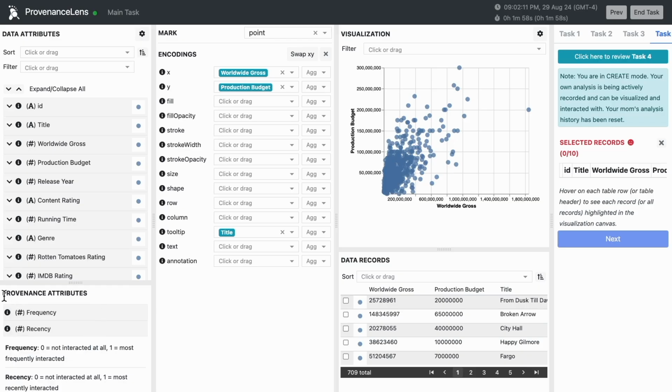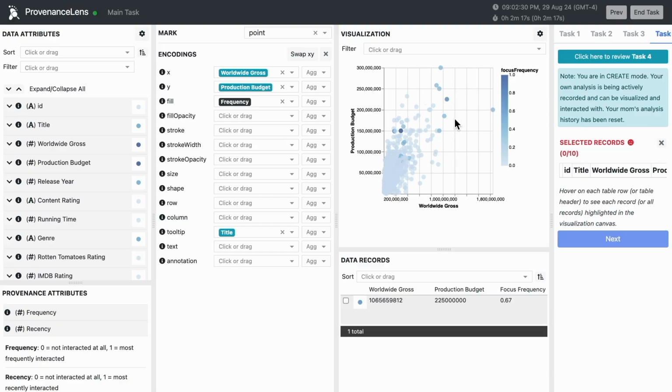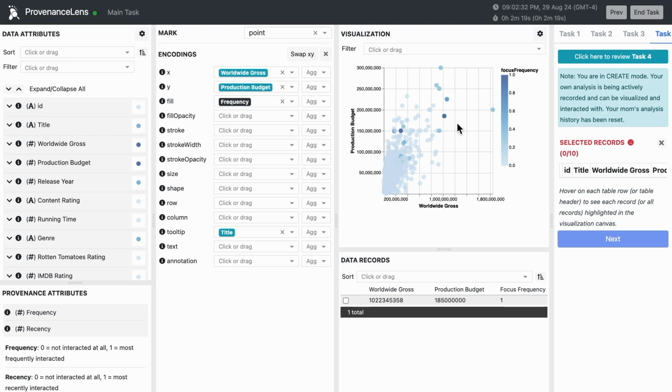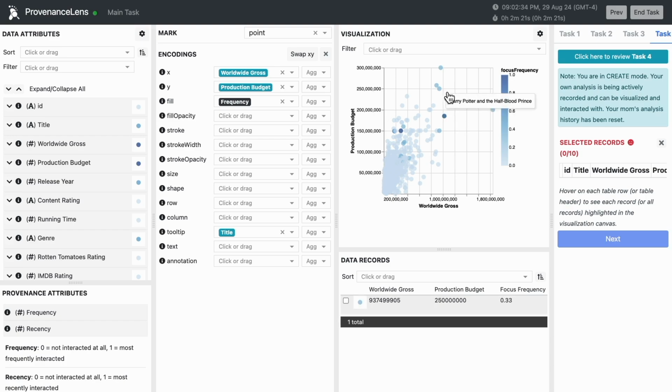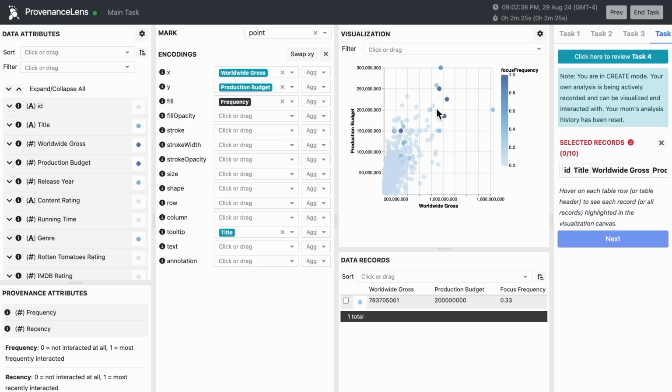Users can utilize these attributes in the same way as they utilize data attributes. For example, let me drag frequency to fill. We immediately notice some points in the visualization canvas become darker than the others, indicating differences in the user's focus. By definition, darker points indicate a higher frequency score and hence more user focus. Using this encoding, users can spot areas where they have overemphasized and note areas where they would want to focus